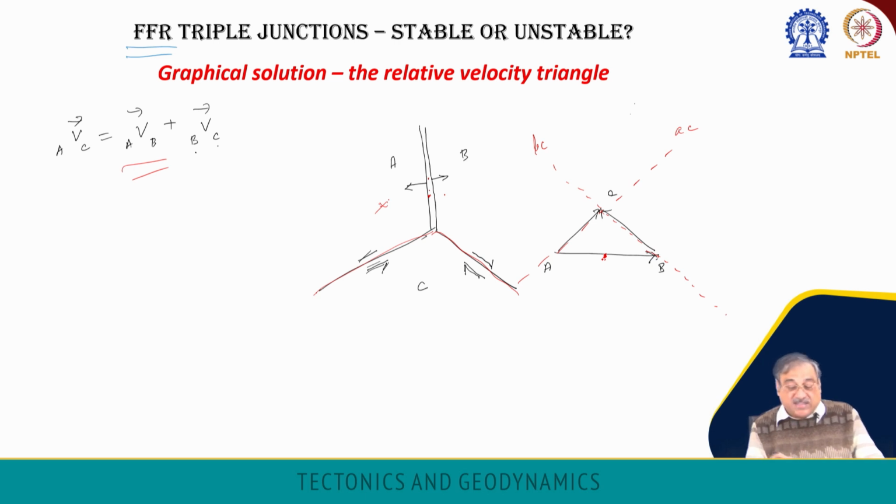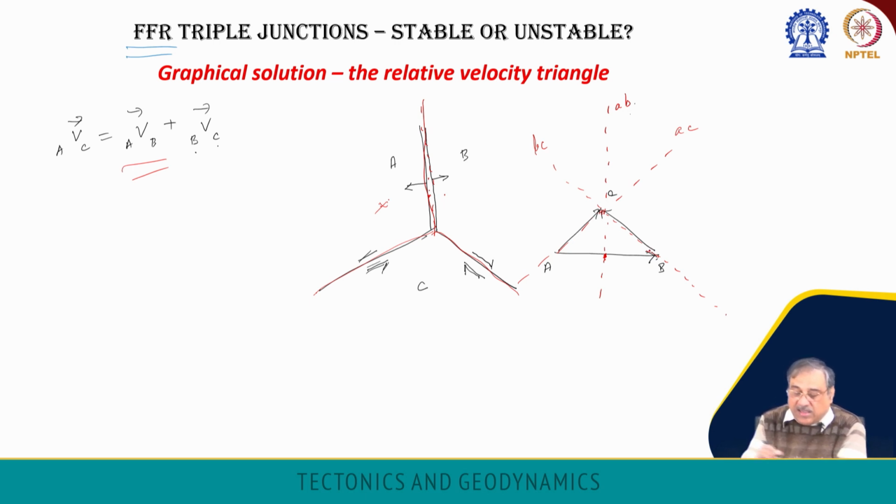Now, how must this boundary move so that its position does not appear to change with time? As I said before, it has to be parallel to the orientation of the ridge. So this is the orientation of the ridge, and what we need to do is draw a line this way. This represents all possible velocities of the boundary between A and B, such that to observers on plates A and B, the position of the boundary does not change. That is the idea. However, whether or not these meet at a point really depends on the magnitudes of the velocities of the